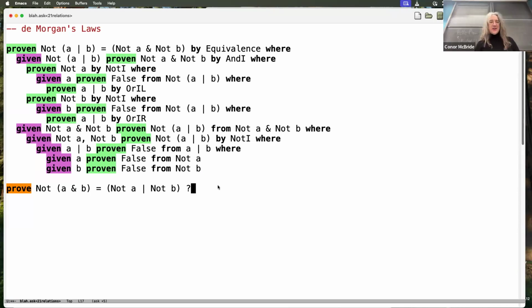Okay. Right. So we've shown that if neither is true, then they're both false, or that's the same as both being false. Now let's show that if the pair of them together aren't true, that's because one of them has to be false. And there's something to be seen here.